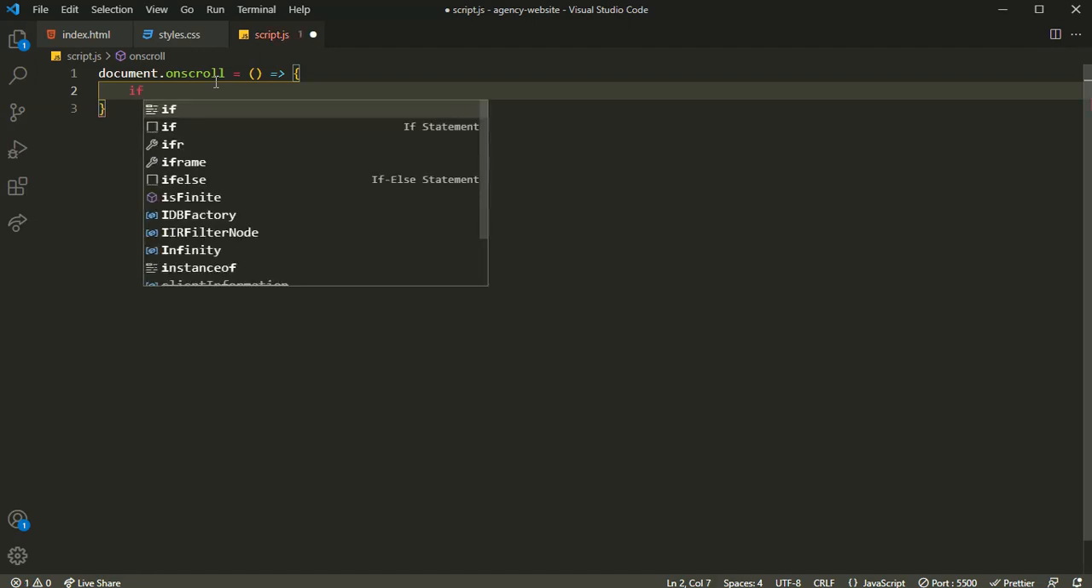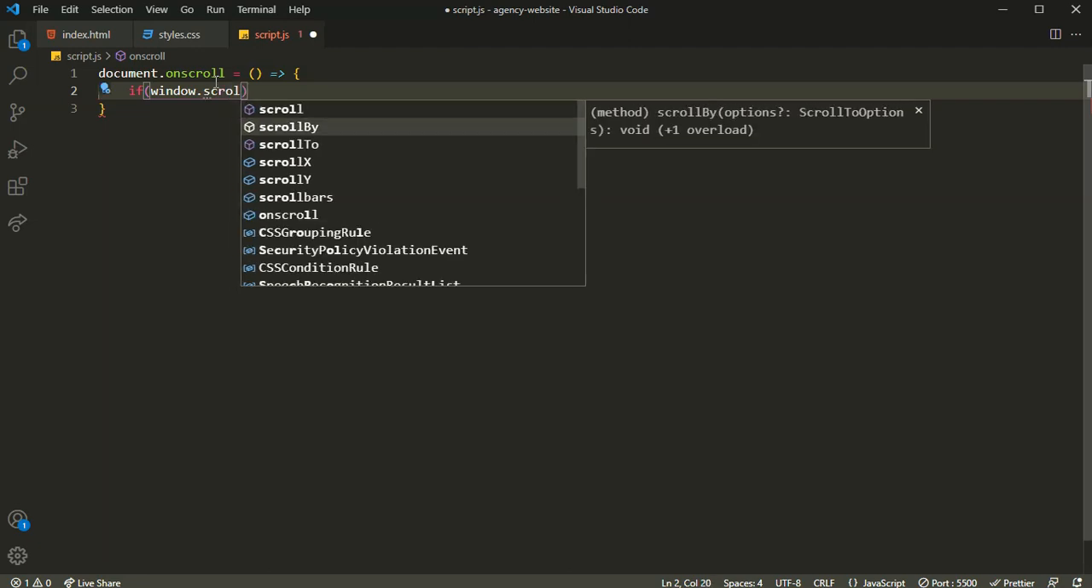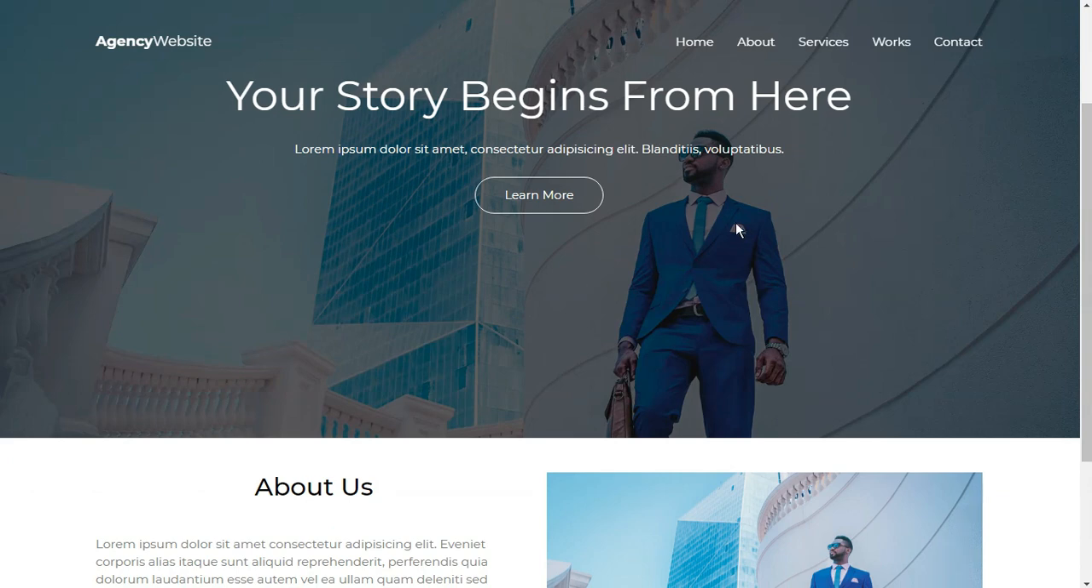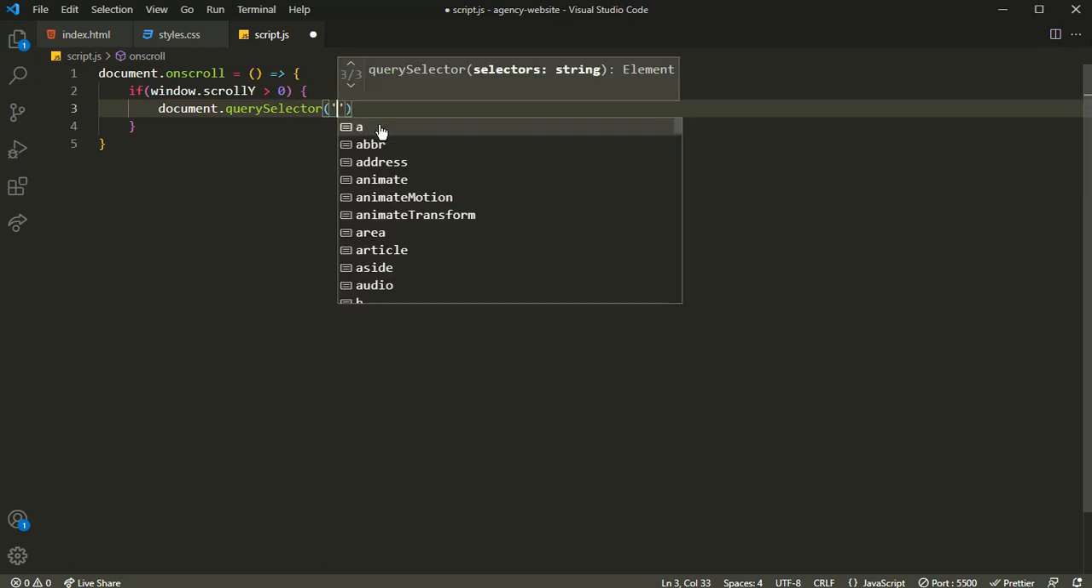I want to compare if window.scrollY is greater than 0. window.scrollY is going to return a number saying how much we actually scrolled. So if that is greater than 0, that means we scrolled, right? If that is the case, I will select our header by saying document.querySelector header,